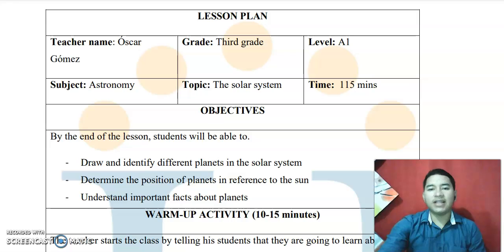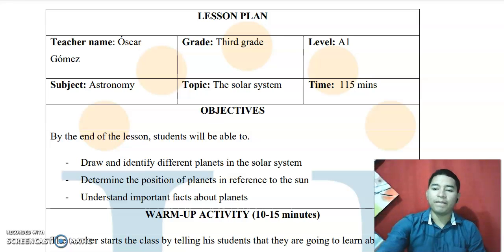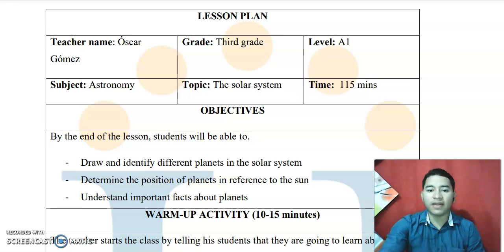So by the end of this lesson plan, students will be able to draw and identify planets. They will also know the position of the planets in relation to the sun and the distance that these planets have. Also, they're going to expand their knowledge about some important and relevant facts about the planets and the universe. So in order to reach these goals,